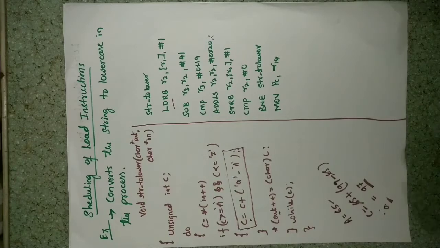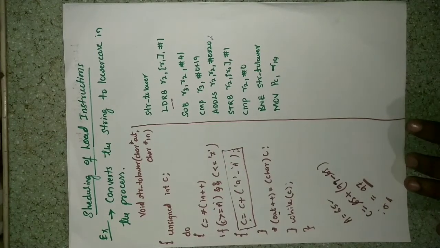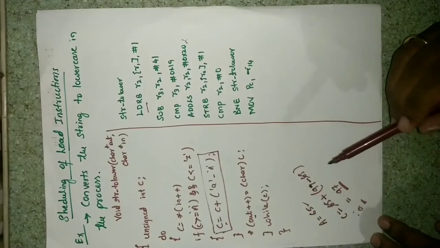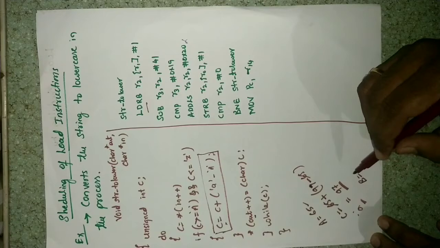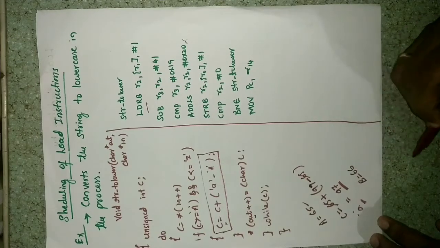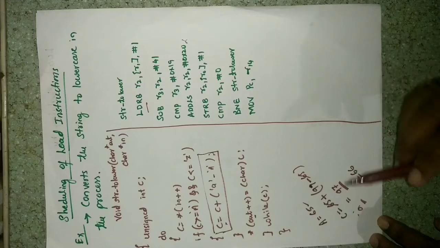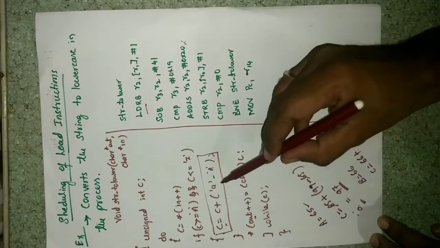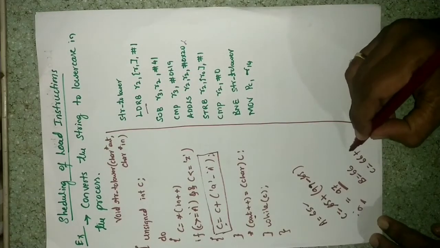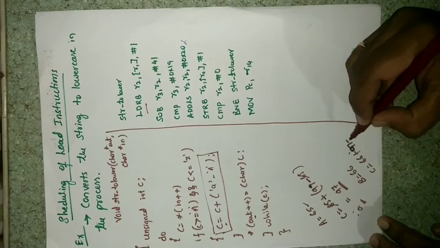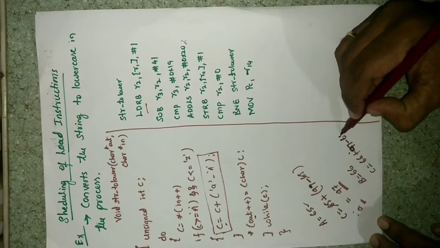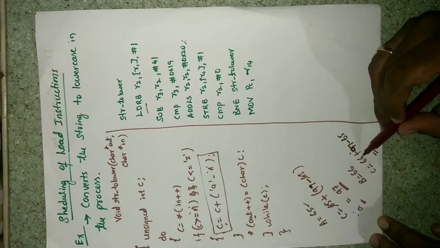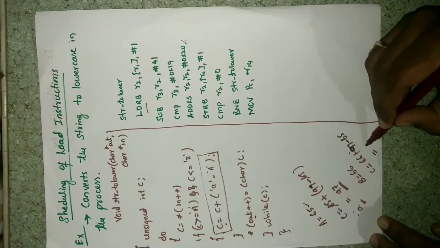Okay, similarly you can take another example also. We can check out the other example also. One more example, let's take the character b. The b has an ASCII value of 66. Now 66 is the value stored in c, so c is equal to 66 plus the ASCII value of small a, which is 97, minus 65. What is the value? 66 minus 65 is 1, plus 97 is 98.